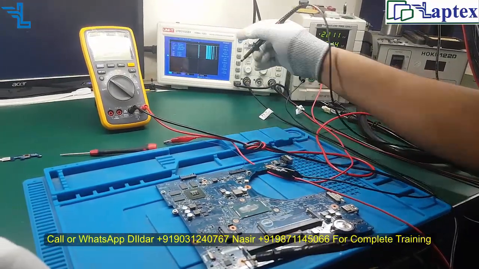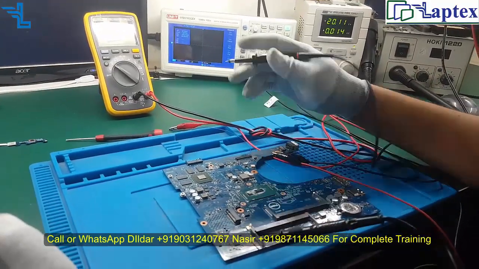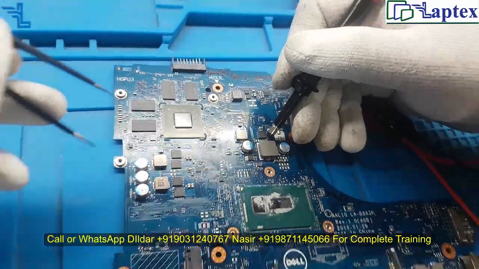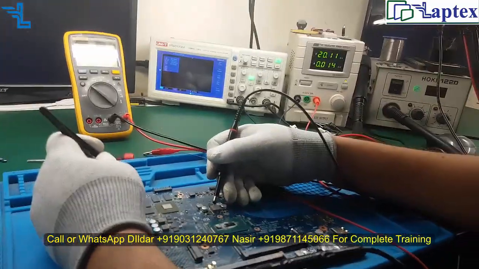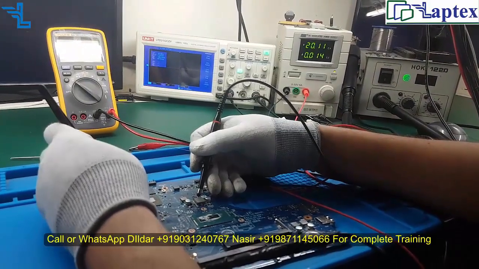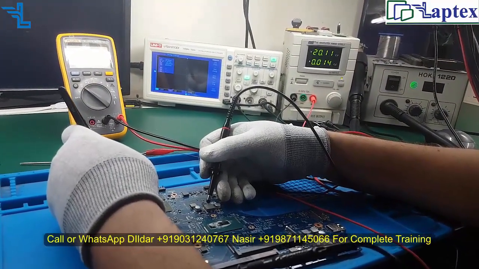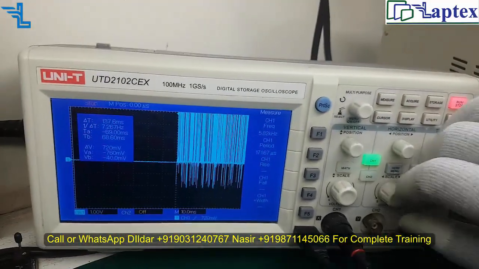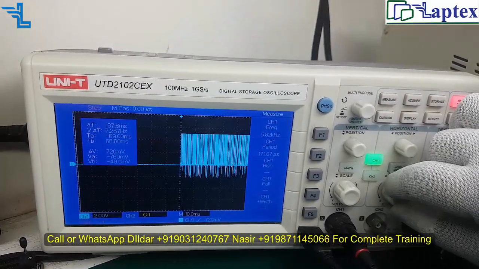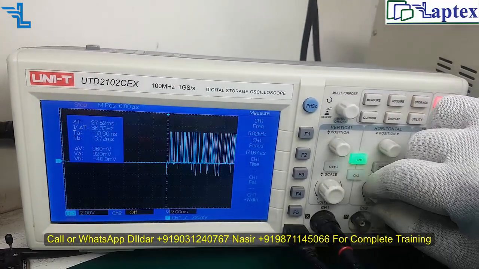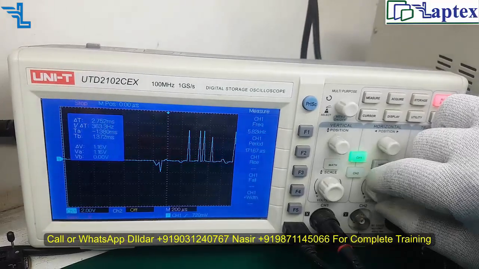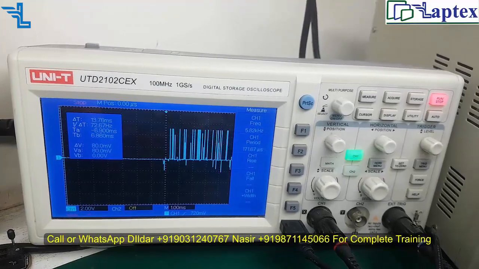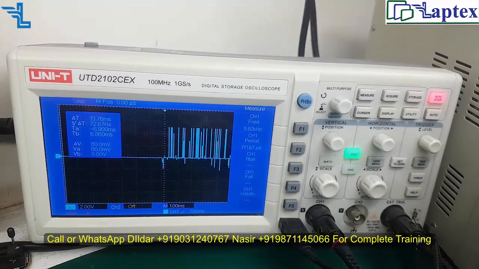Now let's move forward to the core section. So let me check the core. I am checking the input section of the core. So let me turn it on. I am turning it on. Now you can see a bunch of PWM switching here, and how the PWM works, how the buck regulator and the boost regulator function. These things you will come to know in our switching class.